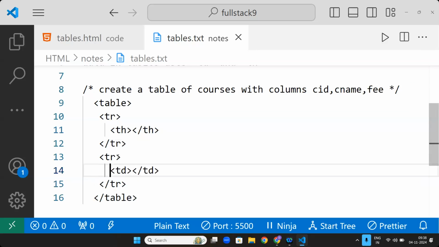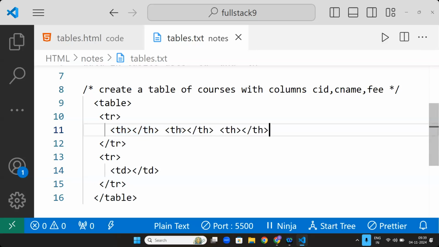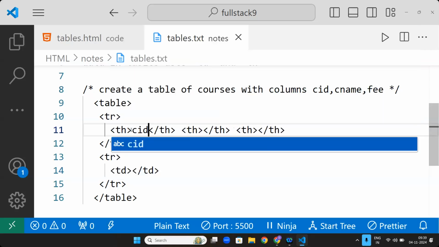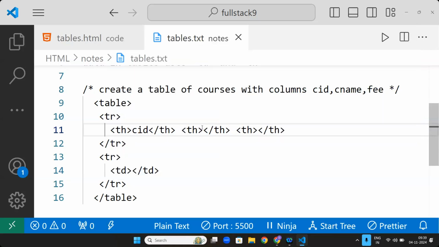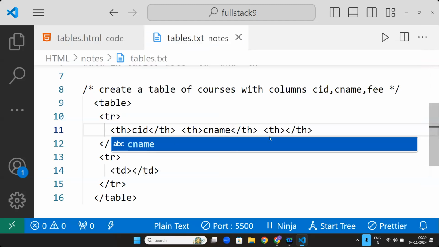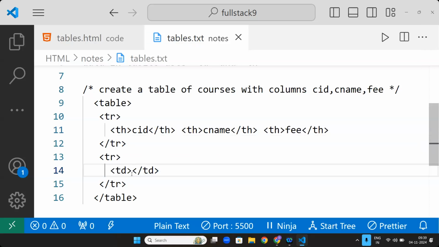Anyone have any question in this, sir? I hope everyone's is similar. If I use this TD 3 times, first one is CID, CNAME, fee, and the second one is one-to-one,